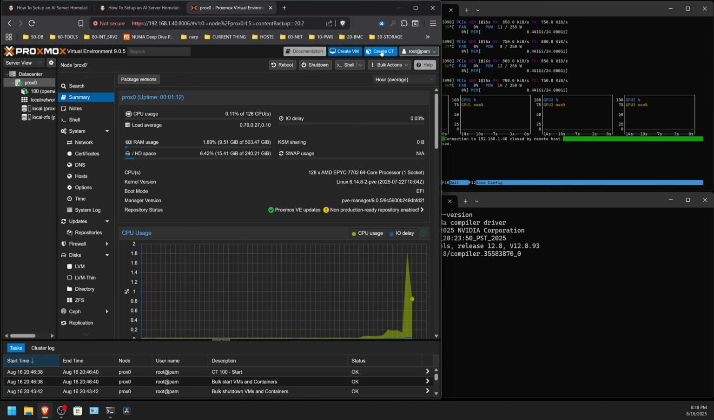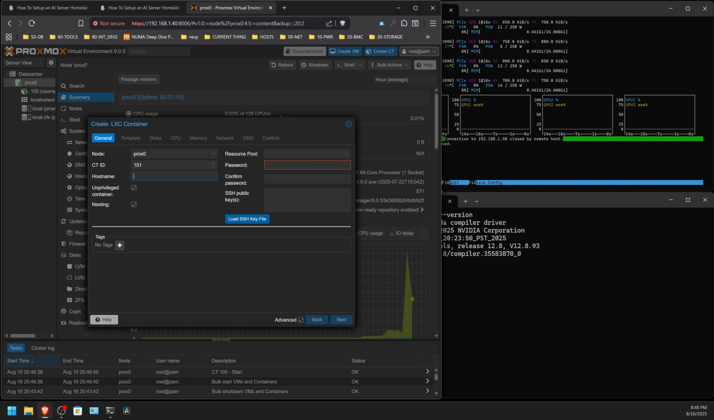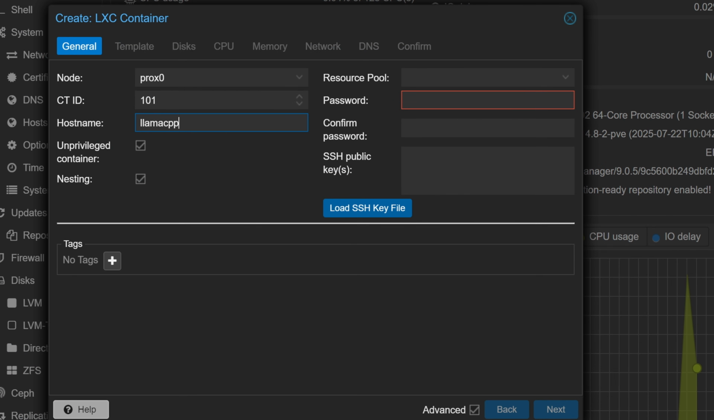It will cause a ton of pain for you. I don't know why people don't say this more often. I definitely tried to do that, and it definitely caused a lot of pain for me, so be smarter than I am. Now let's go over here and create a container, and we're going to call this one Llama.cpp, and